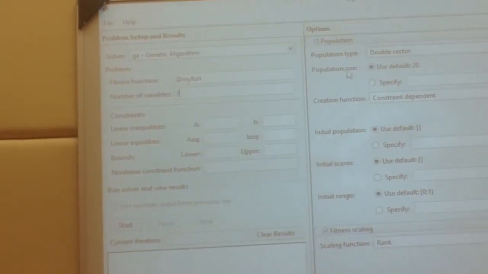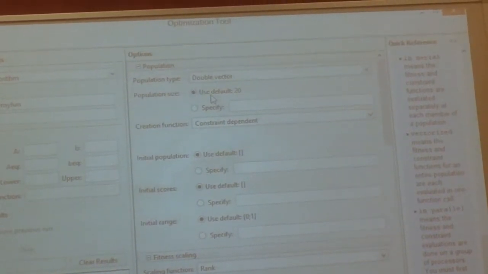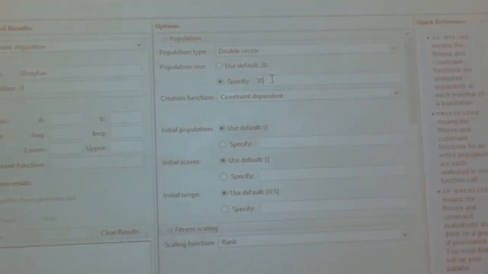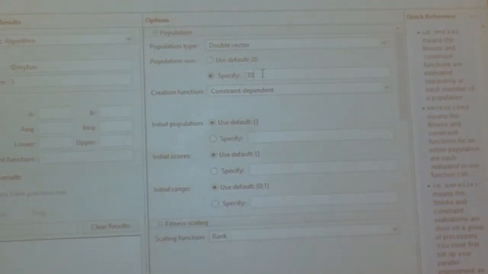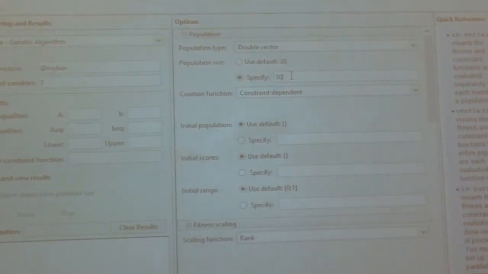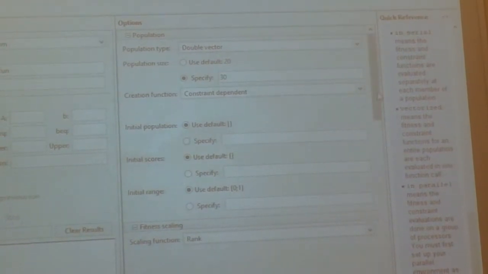You can specify your population size here. This is NP. In that matrix, the NP, you can change it from here. Now, the higher the population, the higher will be your diversity. Anyhow, its effect is limited. You'll know this once you solve it.